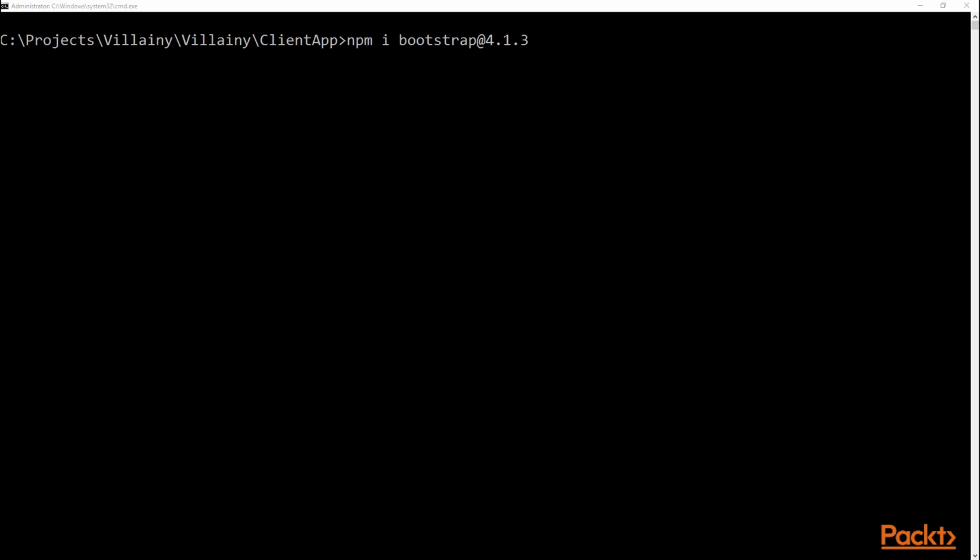So enough of me talking about React and Bootstrap. Let's get into some demos on how to update to the latest versions of Bootstrap and React. To update the modules that we want to update, the first thing you have to do is open up a command prompt, or you could also do this in PowerShell. And you'll want to switch to the client app directory under your application directory. So mine is in projects/villainy